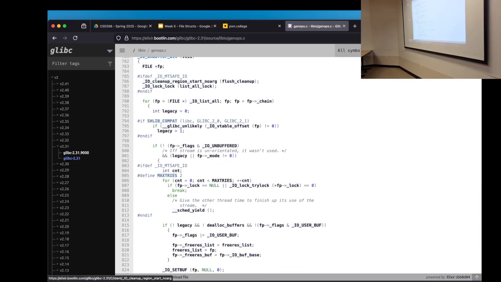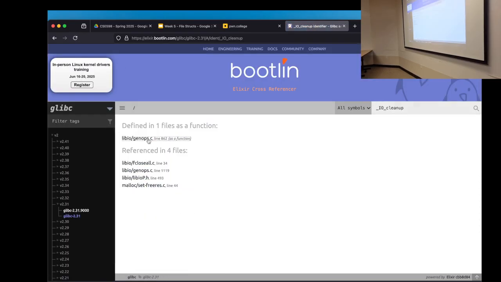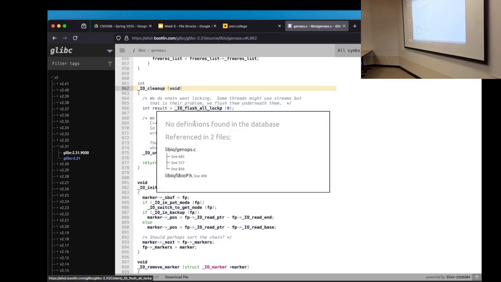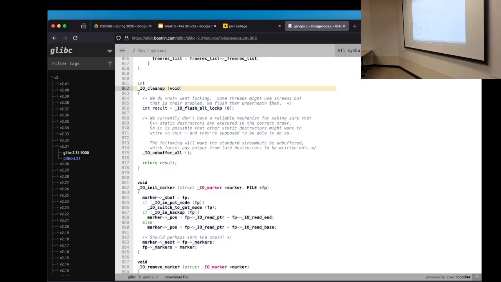Is it just gone? Okay, now we have that, right? This looks correct. And so we could go in here. Well, that says there's no definition. Dang it. Mysterious. All right. Well, it's probably in the other